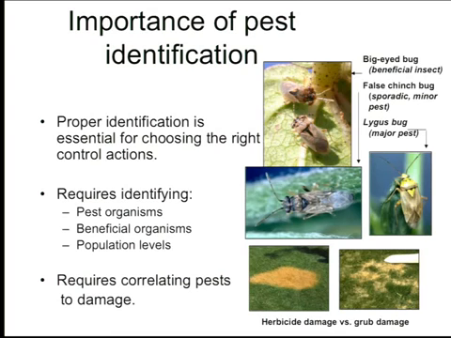Okay? So you might say, well, these are chinch bugs, all of them, and it turns out that you have the geocaris, which is a predator, and you spray it because you thought it was a chinch bug, which sucks the sap from the plants. So you have to identify the thing correctly, otherwise you can make mistakes.